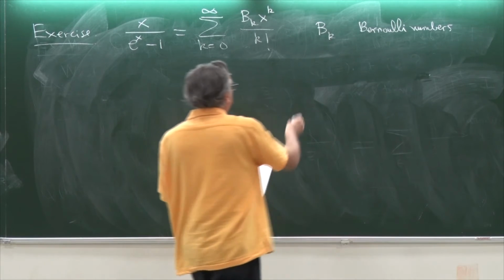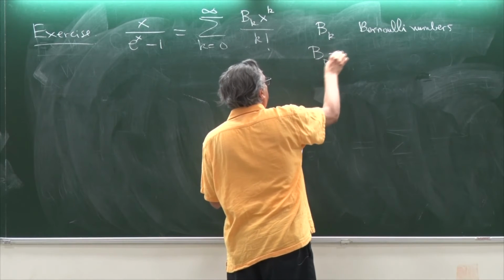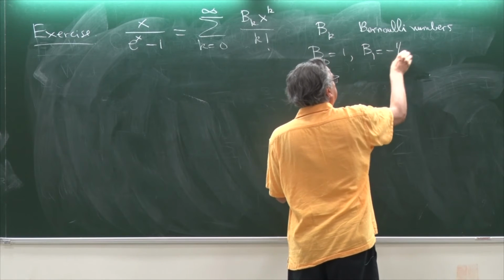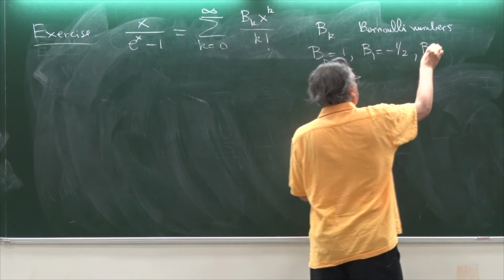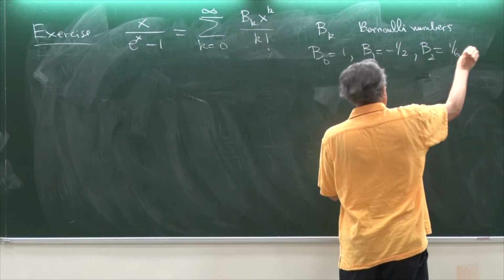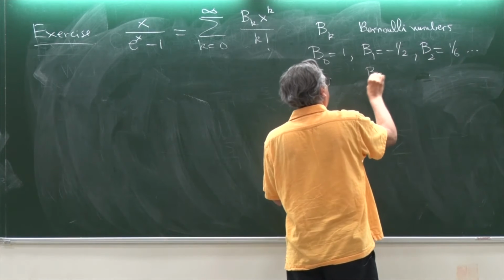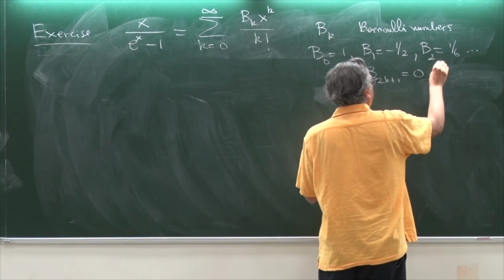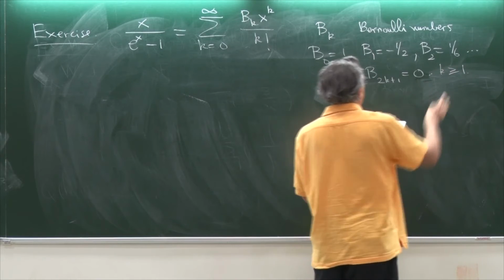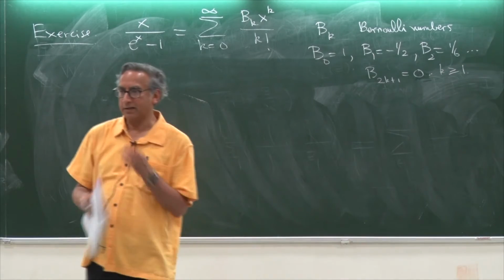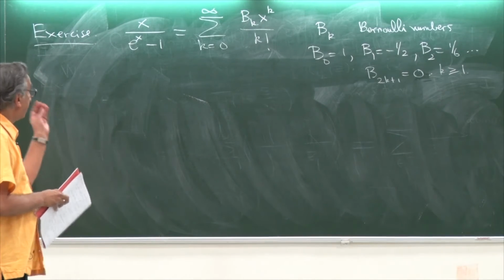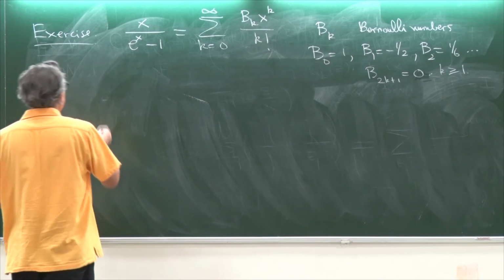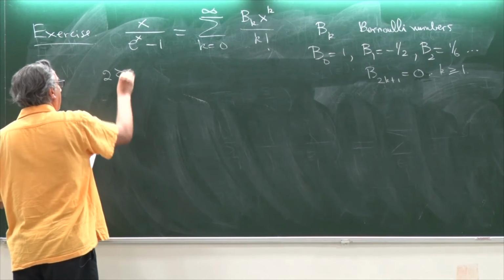For example, b0 is 1, b1 is minus a half, b sub 2 is 1 over 6, and usually the b sub 2k plus 1s are all 0 for k at least 1. So b3, b5, etc. are all 0. So you have this rather elementary fact, and the reason I'm introducing it is because you can show using that